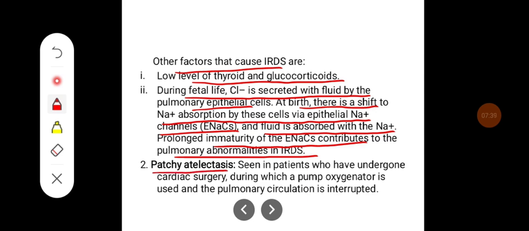Patchy atelectasis is seen in patients who have undergone cardiac surgery, during which a pump oxygenator is used and the pulmonary circulation